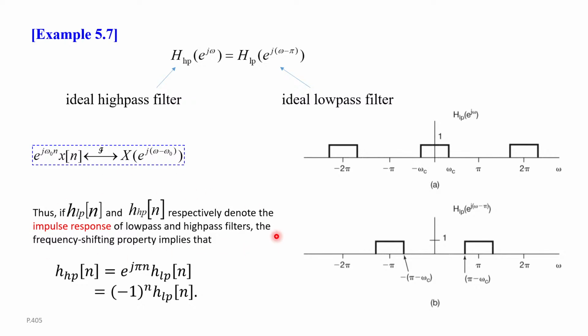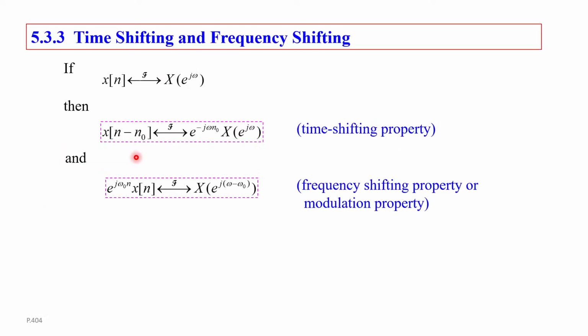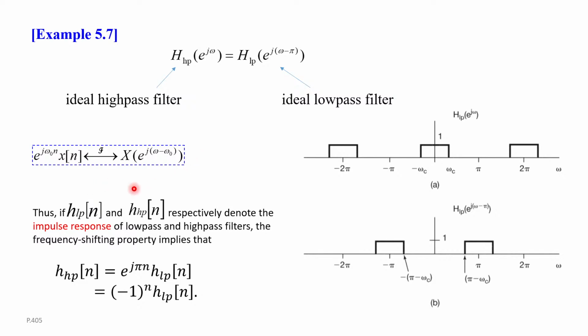I guess it's still not very easy, but think about if you can do this, so you shift back to the time domain, and so you want to get this thing, and because of our frequency shifting property, then you know that, so you inverse Fourier transform this thing back to the time domain, then you know the impulse response,